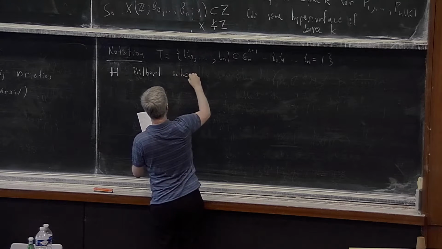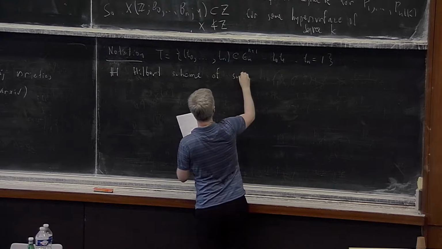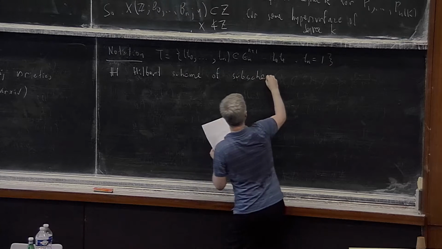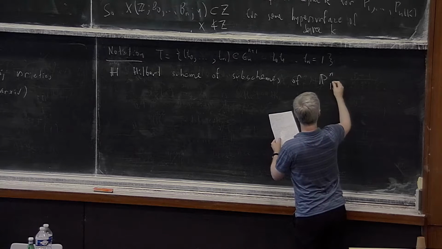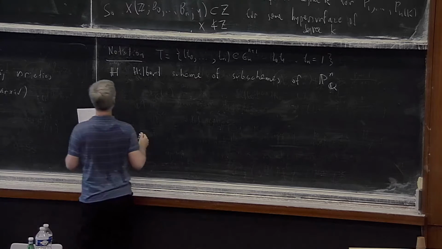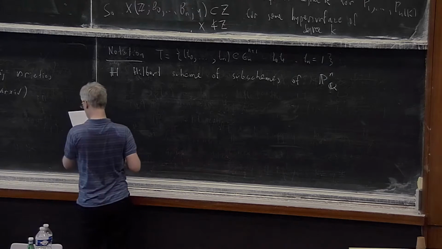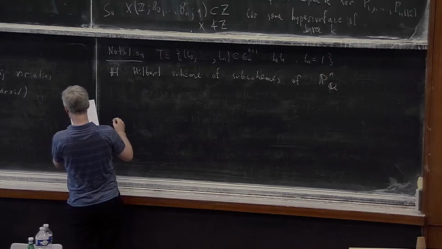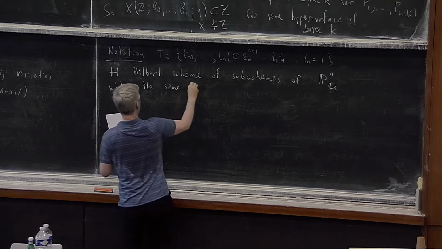A Hilbert scheme of subschemes of P^n over Q. I only do it over Q. Of course, this works over many other fields, and even over Z, with the same Hilbert polynomial